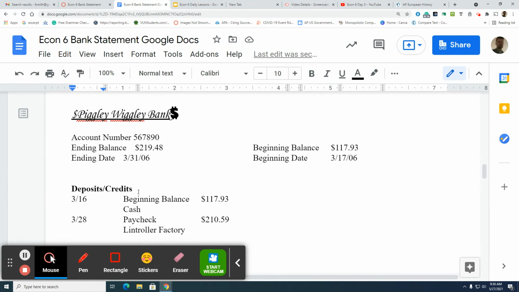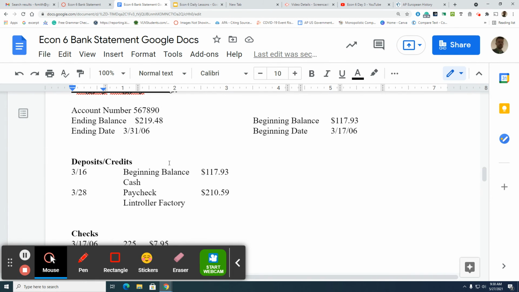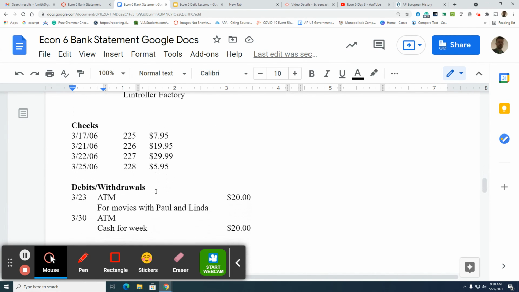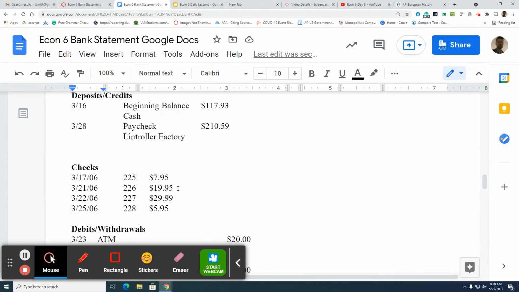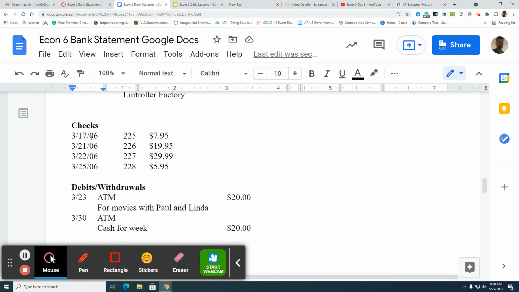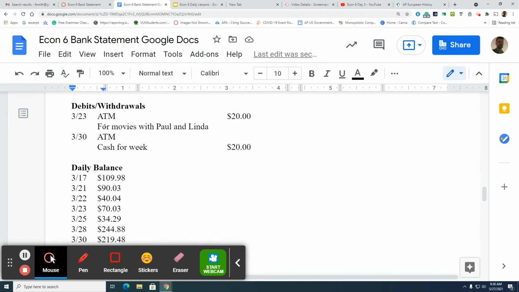So you should have, remember these aren't in chronological order, 2 deposits. This other one will be later on in the list, the Lint Roller Factory paycheck. So 2 deposits, 1, 2, 3, 4 checks. So 6 transactions there, and then 2 more withdrawals. So a total of 8 transactions that should be taken